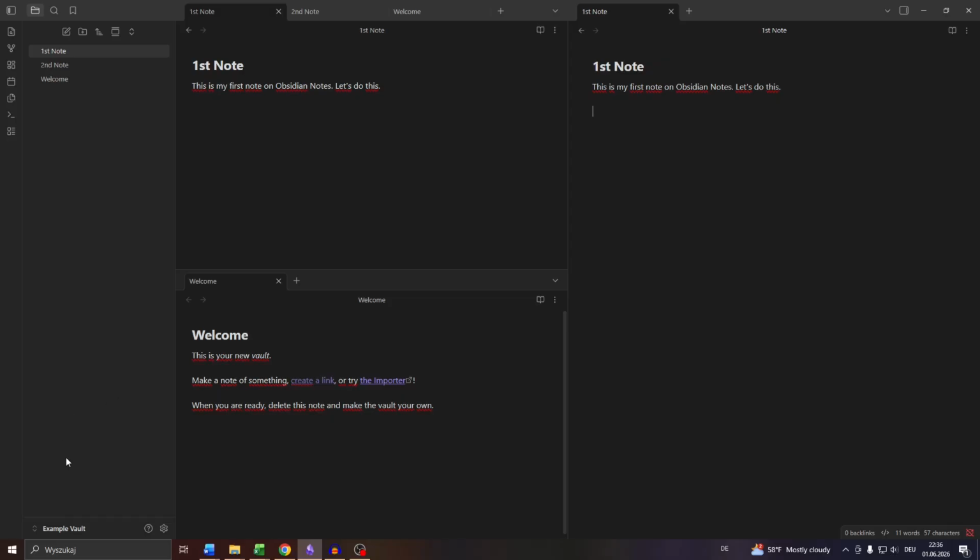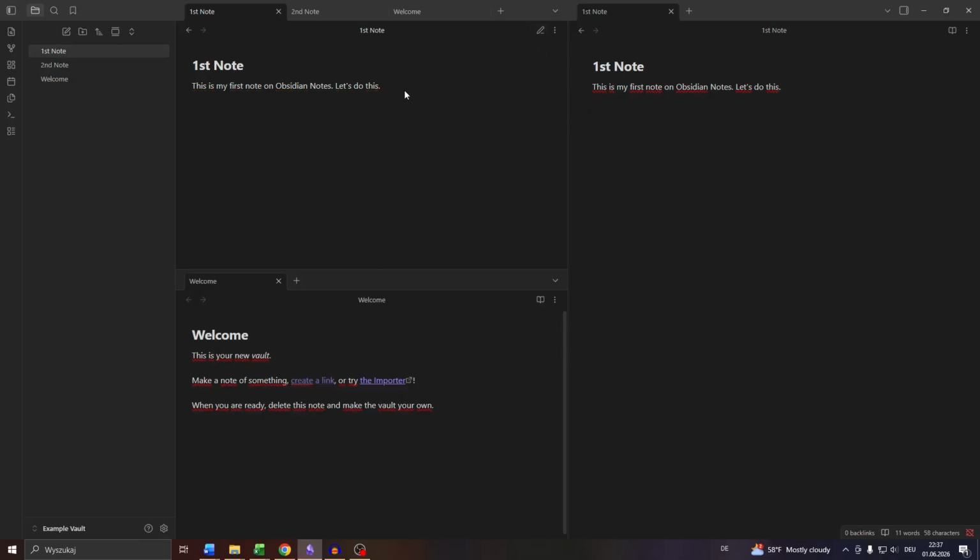Head over to your vault inside the Obsidian Notes application, select the given note, and you can do this for any of your notes open here in the tab. So let me go with this note here. In the top right of the open note you will see this button, and it will show you the current view, which is editing for me. So this will allow me to skip to the next line, add content to that note, edit it, and so on and so forth. If you'd like to block the editing and switch to the reading view, click into this